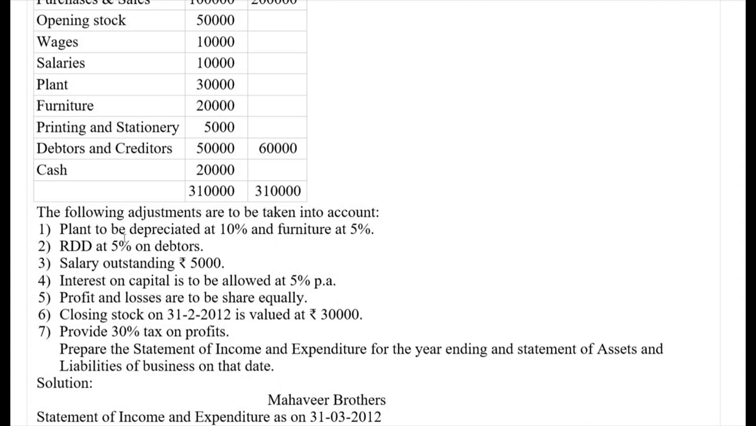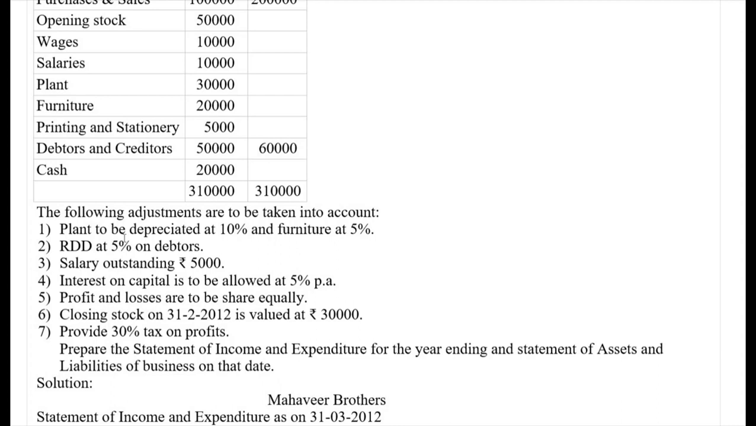assets and liabilities. The depreciation on the fixed asset must be shown under the head of depreciation in the statement of income and expenditure, and the same shall be deducted from the respective balances of the assets in the statement of assets and liabilities. RDD must be shown under other expenses in the statement of income and expenditure, and the same shall be subtracted from the debtors in the statement of assets and liabilities. Salary outstanding should be added to the salaries under personal expenses in the statement of income and expenditure, and the same must be shown under other liabilities in the statement of